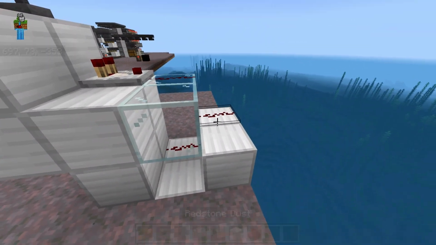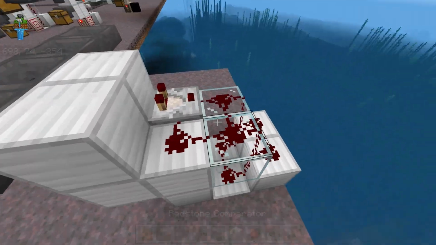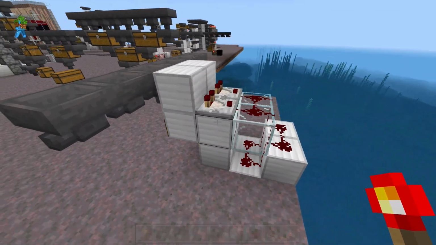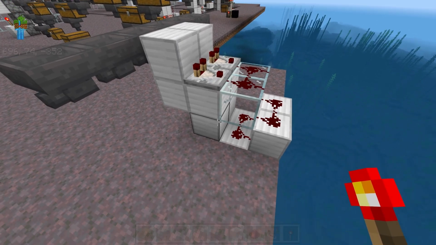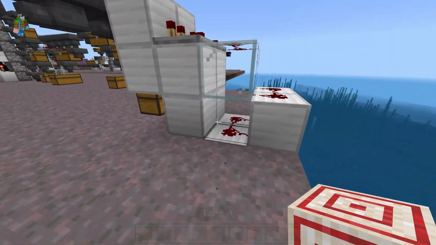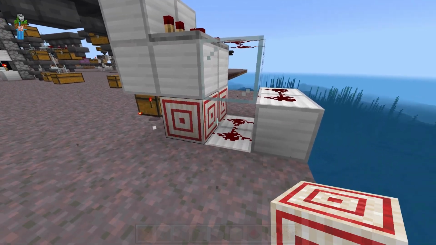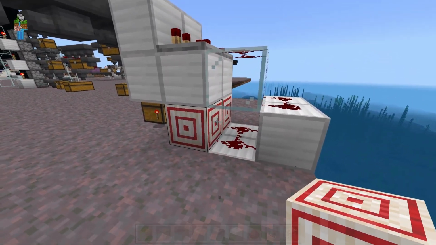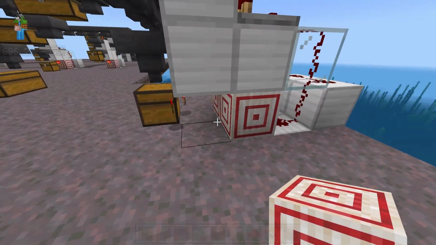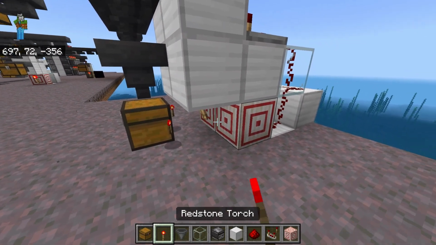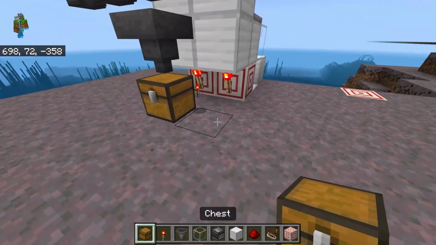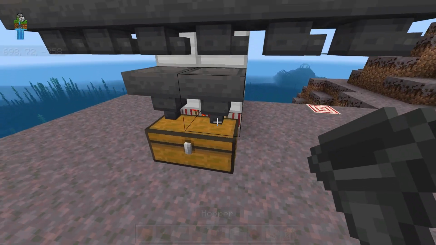To prevent this, all you have to do is build another non-stackable item filter next to the first one, and they can be right next to each other. Even though the redstone is connected now, it won't interfere with how the sorter cells work. Now, one thing you do need to change is you need to redirect the bottom redstone so that it will actually turn off the torches. You do this simply by replacing the solid blocks that the torches are on with target blocks. The target blocks will redirect the redstone into itself, allowing you to toggle the torches with the redstone signal.